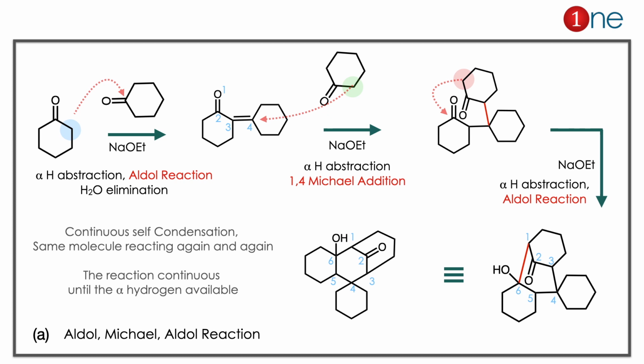Here you have to learn 2 important things. One is self condensation: as long as alpha hydrogen is there, the reaction will go continuously. Second thing is when the reaction ends. The reaction ends when all possible intramolecular reactions are done. Here stable 6-member rings are achieved all through the reaction, so the reaction stops here. All are 6-member and stable.